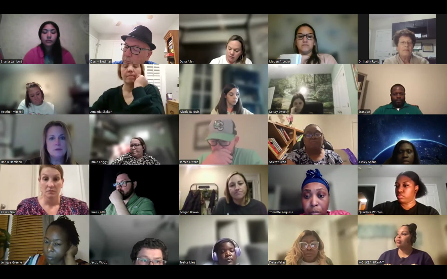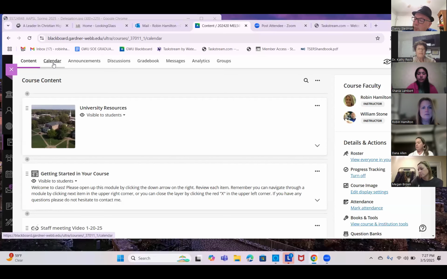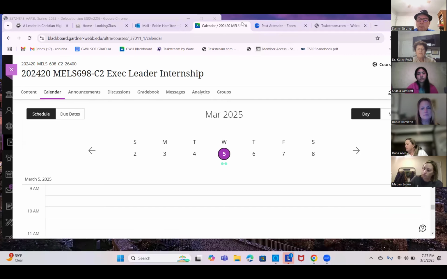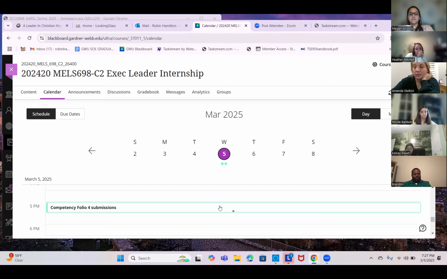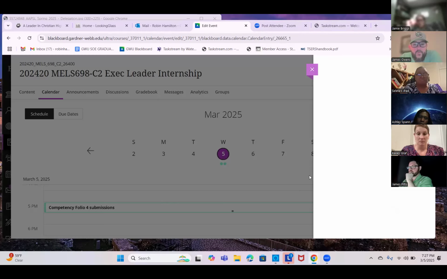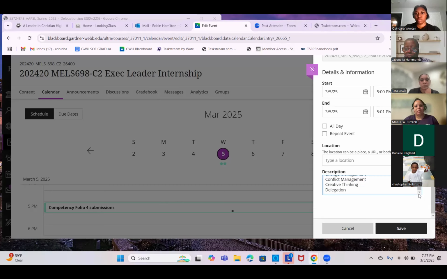So this coming Wednesday, let's just go to the Blackboard shell. So when we go to the calendar, tonight, so last week you had the communication artifact due. Tonight you had 4 artifacts due. And when you go to your calendar, you'll see the 4, change management, conflict, creative thinking, and delegation.